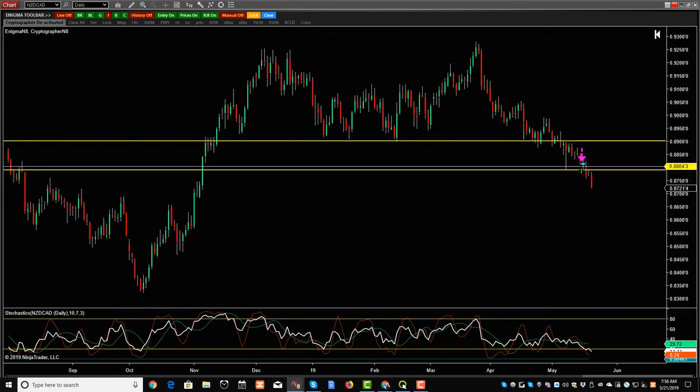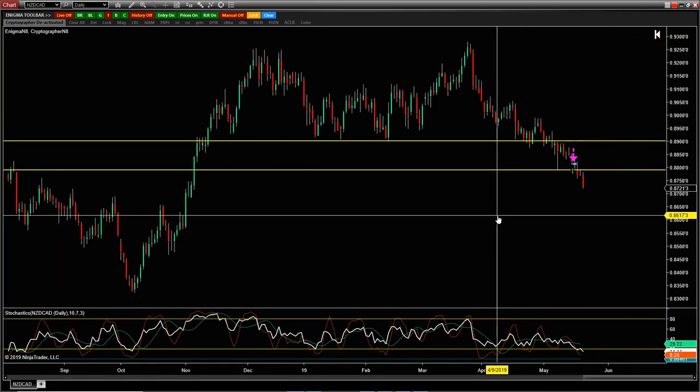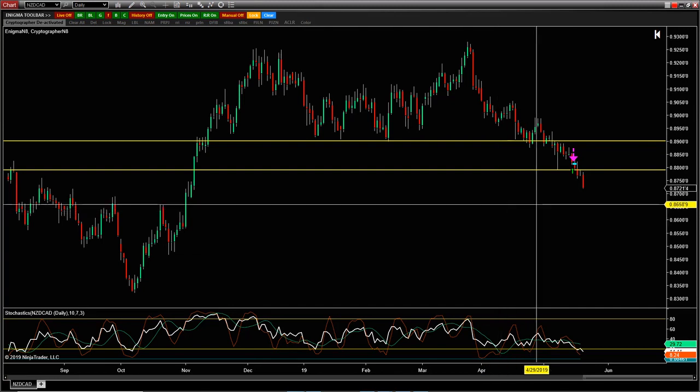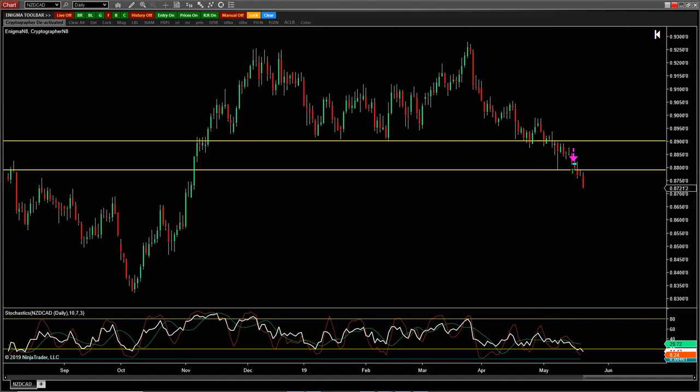All right, let's go down to New Zealand, Canada. New Zealand, Canada. Identify. What do you see happening on your chart? While you guys are typing, I'll go check this spread. Looks like a runaway train, yeah.